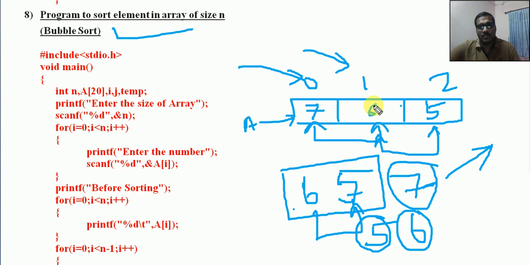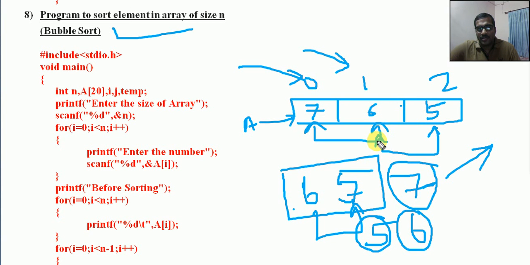Okay, so this is the procedure that happens with bubble sort. We need to compare the first element with second. If first is greater than second, do swap. Then second element will be compared with the third. If this is greater, do swap. Then this will be compared with the next one. If it is greater, do swap. The same procedure, so one greater element will be shifted into the right hand side, that will be bubbled.